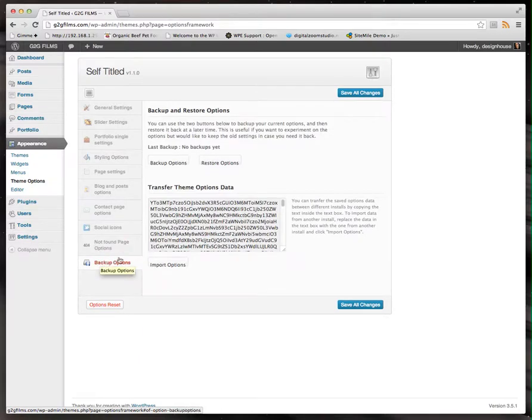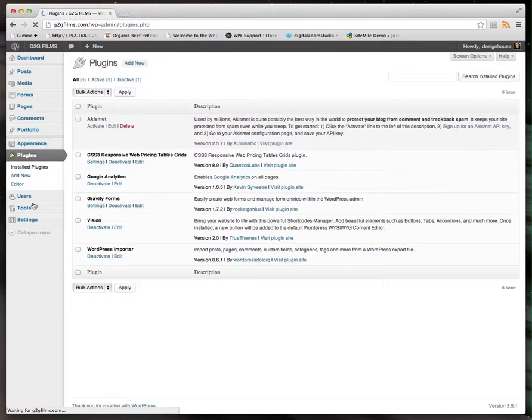Backup options means if you want to back up the settings in these options, all you have to do is copy and keep this text, and then paste it again later, and then just restore. So that's the theme options, but I wanted to go over the pricing tables, and you can do that here